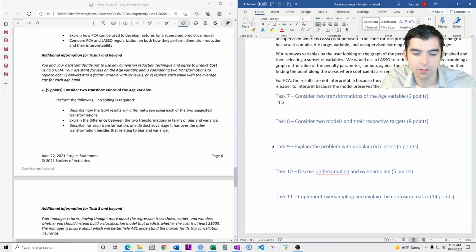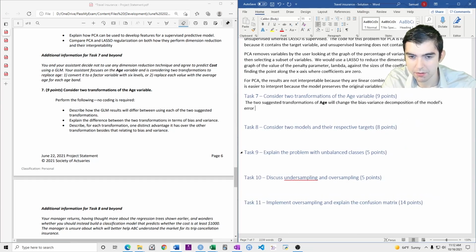So the two suggested transformations of age will change the bias variance decomposition of the model's error terms.